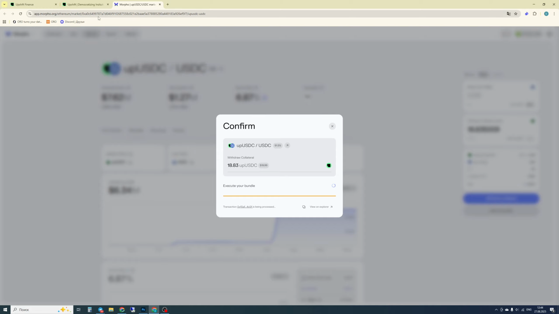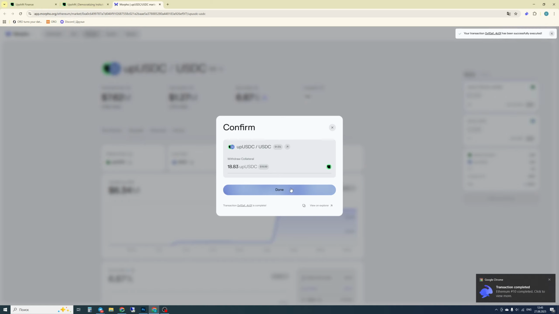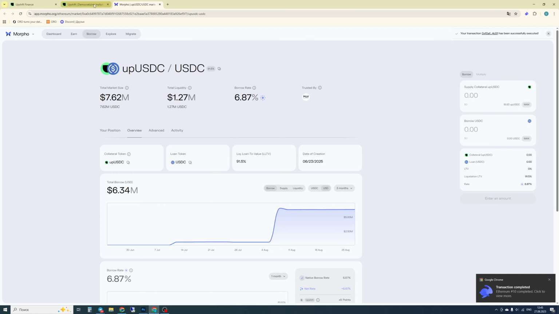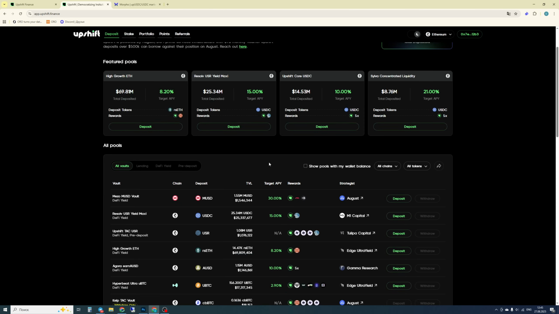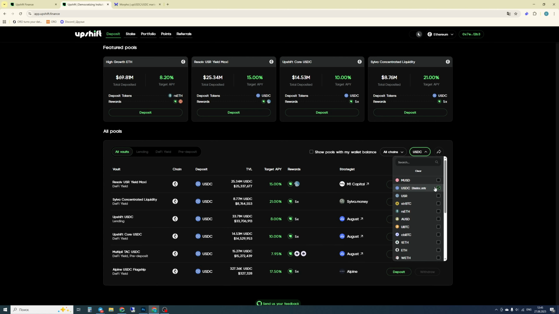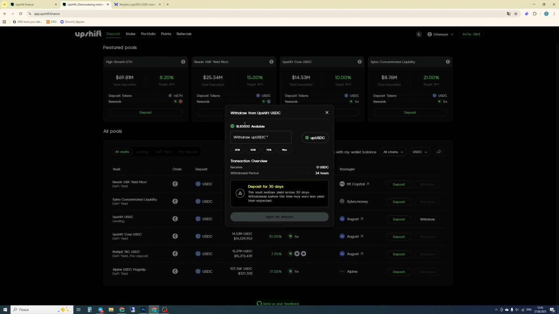We wait a bit for the transaction to be signed, but of course, you don't need to withdraw funds. If you simply place them to earn returns, you will need to wait for a considerable period of time to see results. I'm simply presenting this example for demonstration purposes only. Therefore, we can navigate back to the Deposit tab, change the currency to USDC, and proceed to withdraw our up USDC into standard USDC.